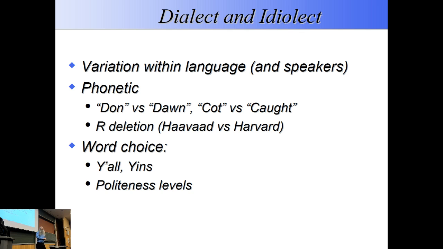So some accents in North America, particularly in New York and Boston, will delete what's called post-vocalic R's, so the R that comes after a vowel, okay? So Harvard no longer becomes Harvard, but it becomes Harvard, okay? Now, this is because they're mimicking the English, the people from England, okay? They probably don't like to hear that, but that's really what it is. In the south of England, people don't pronounce the post-vocalic R's, so this thing here in standard English is actually an ear.